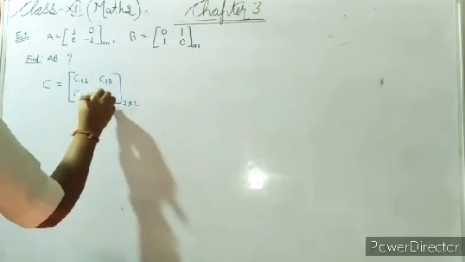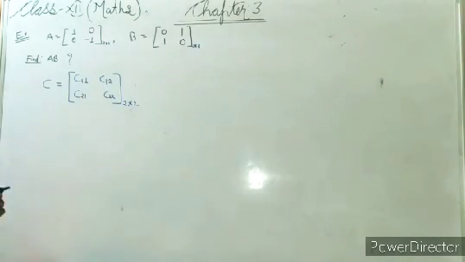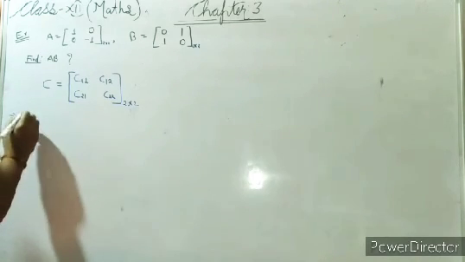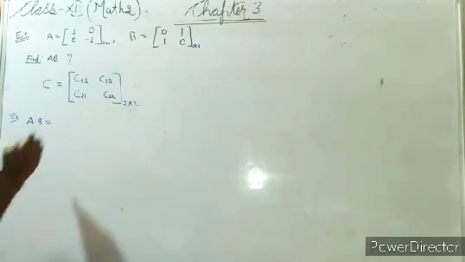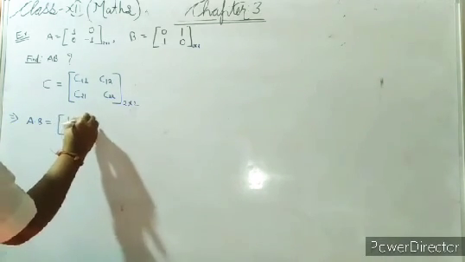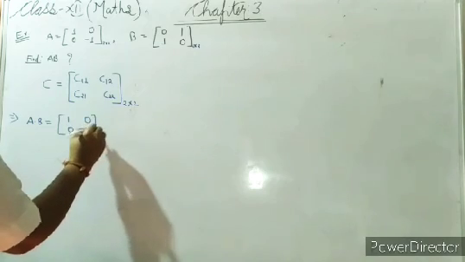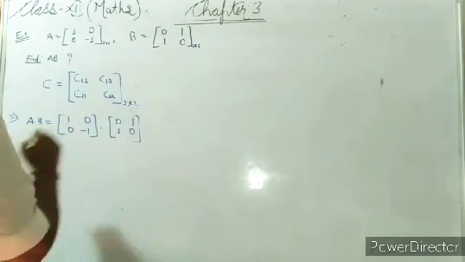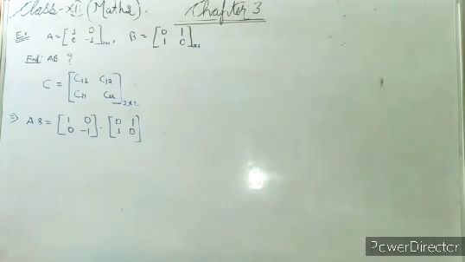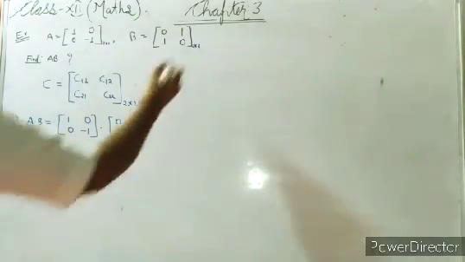This is 2, 1, 2. Okay. Now you see, here A multiply B. So we will put here 1, 0, 0, minus 1 multiply 0, 1, 1, 0. Okay. For starting, you will do one thing. Don't go direct. Directly also you can solve, no problem. But the starting time you will do one thing.